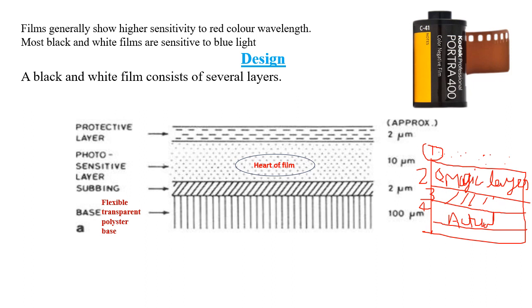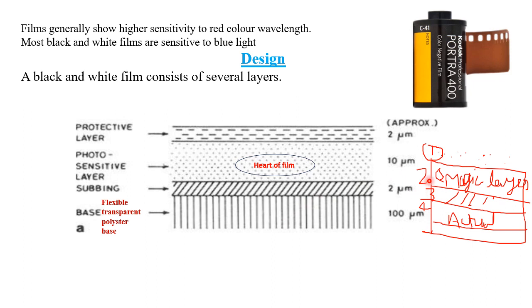In anti-halation layer, which is third layer, behind the emulsion, this layer absorbs all the light once it passes through the emulsion, so that it does not bounce back up. Okay,